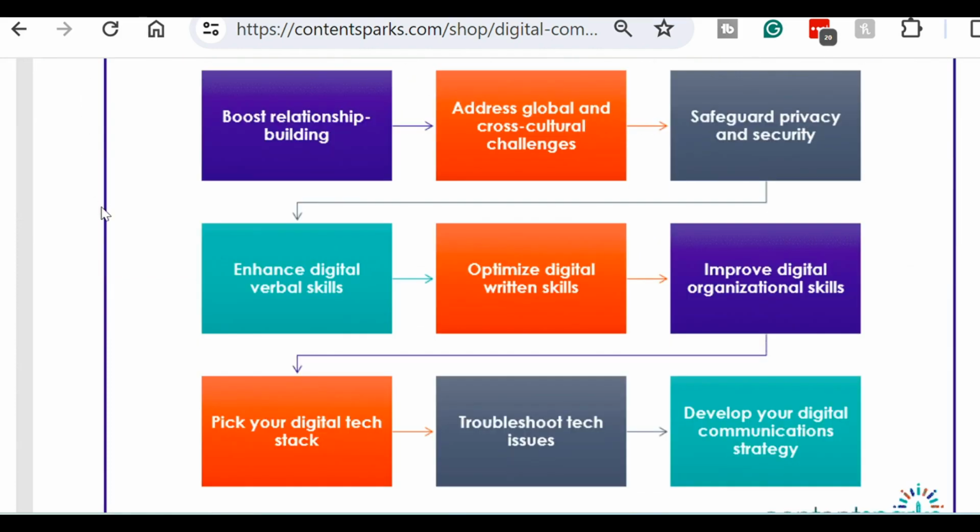So this is the course roadmap on the sales page, where you'll talk about the foundations of digital communications. Those are things like email and live video and text messages and social media messages, all different things where you can be communicating online in different platforms. They're basics of relationship building, things like global and cross-cultural challenges, privacy and security challenges, what to do there, verbal skills, written skills, all on digital channels,